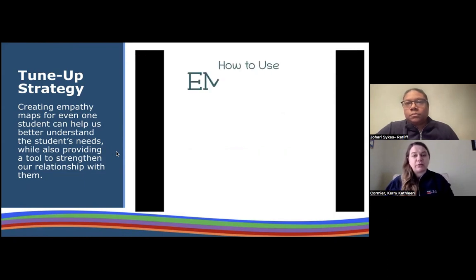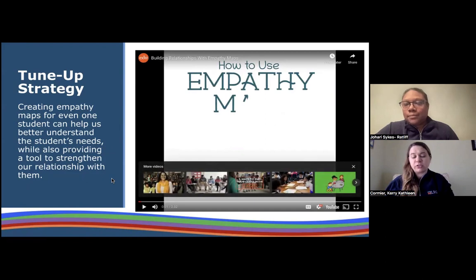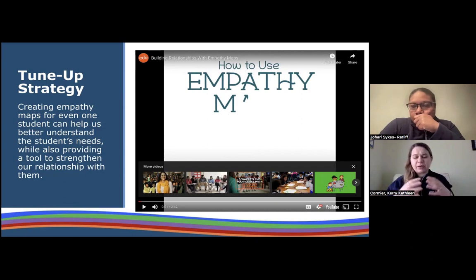So again, as we are looking through fostering connections with students for social emotional learning, but also trauma-informed practices, using a tool like empathy maps to look at the student from a holistic standpoint and really see all of the different components that make them who they are can help us tailor instruction, tailor how we might be using explicit instruction to direct them explicitly about what they might need, be it academics, be it social emotional learning. And so again, it helps us take that wider perspective, take a step back.